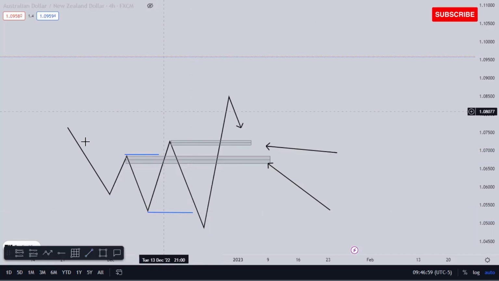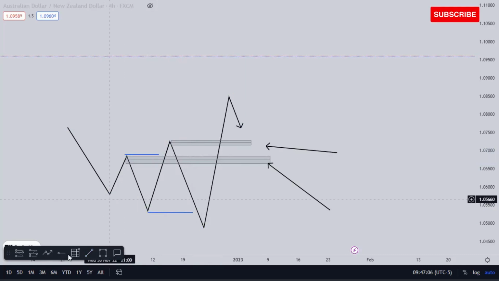Let me break down structure for you guys. We have a high, a lower low, a lower high, a lower low, broken this other low. There's also a break of structure here. I want to explain why that level is very important. So now we know that this market is going down. Okay, so which guy exactly